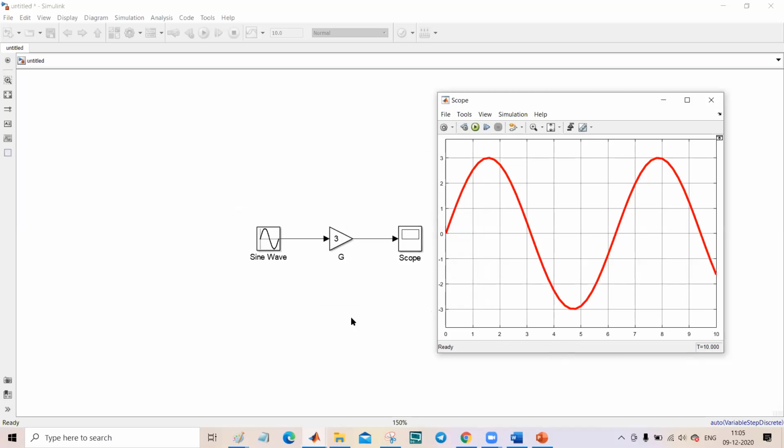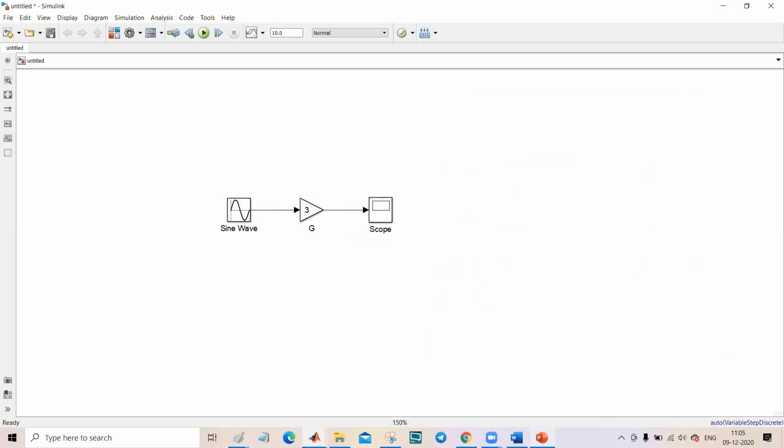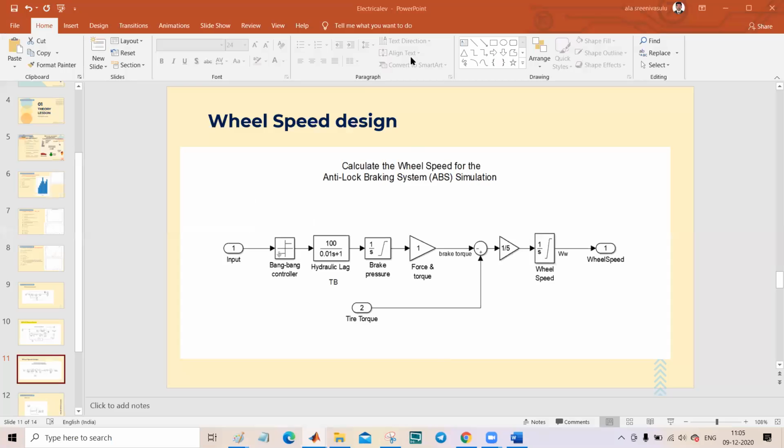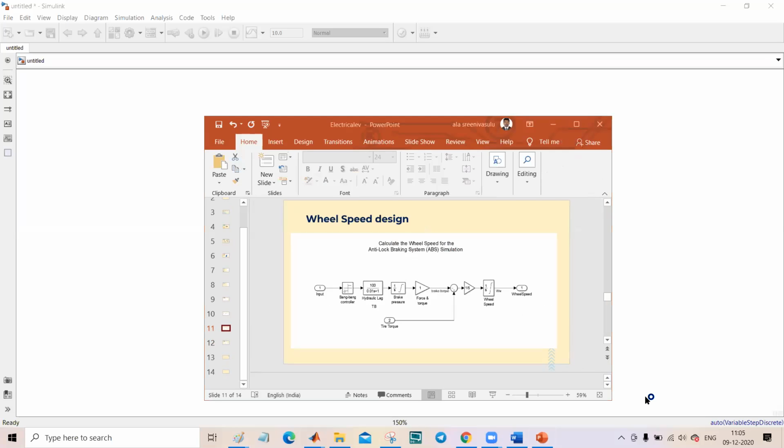Yeah, now similarly we need to build the wheel speed subsystem. To build the wheel speed subsystem, what are the blocks I need to take? Look at this PowerPoint presentation. In this PowerPoint presentation, a wheel speed subsystem we have taken, right? You can see here, in this wheel speed subsystem,